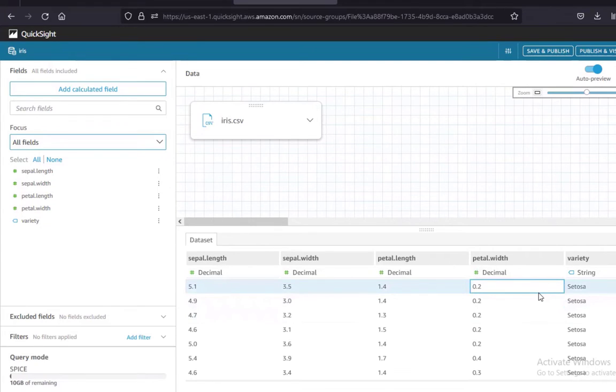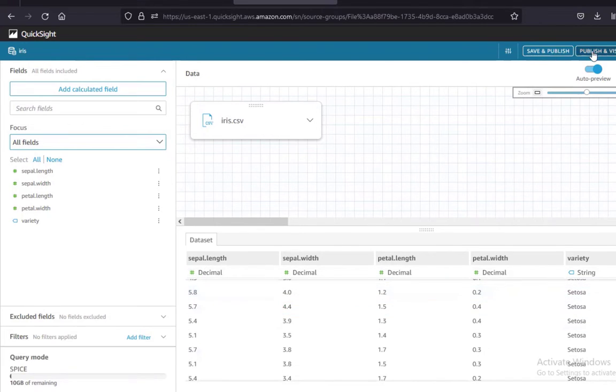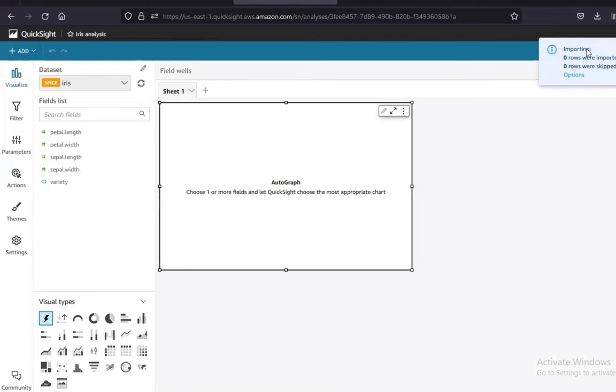This is not IoT data. These are some files I have uploaded. You can also try uploading. Once you make changes, you can publish and visualize. There is an option called publish and visualize. So here you can visualize the data. For example, I'll be taking this donut chart. Click on this donut chart,